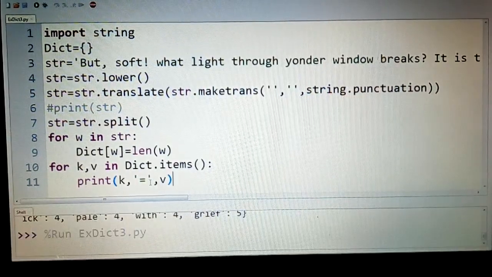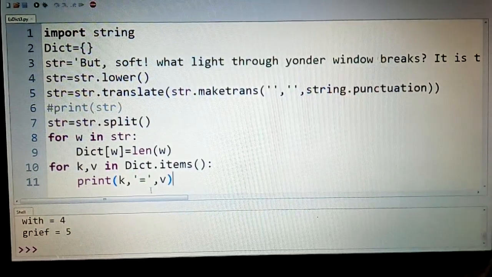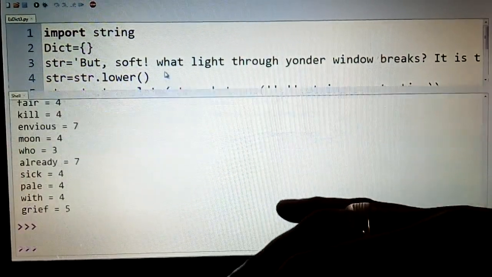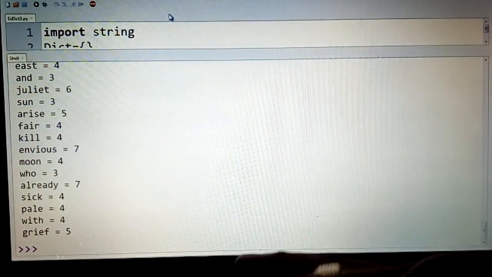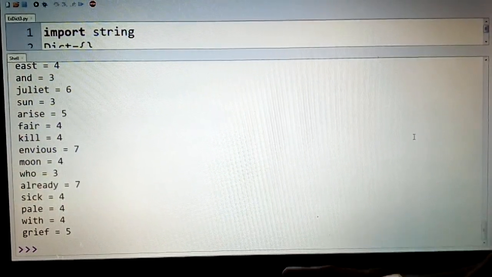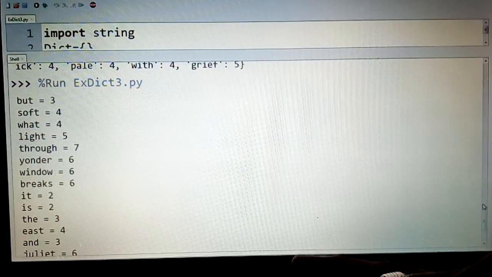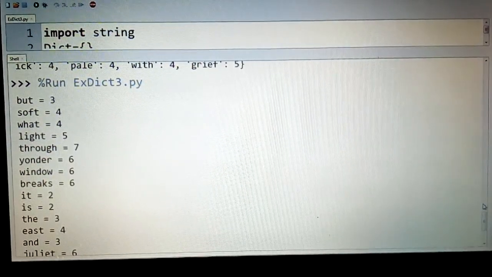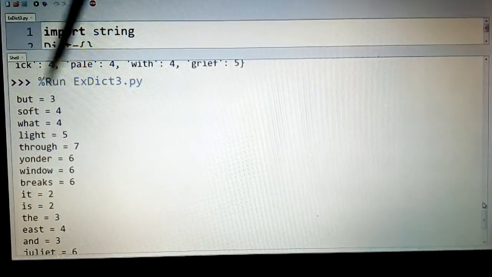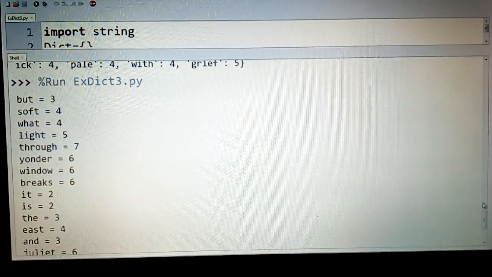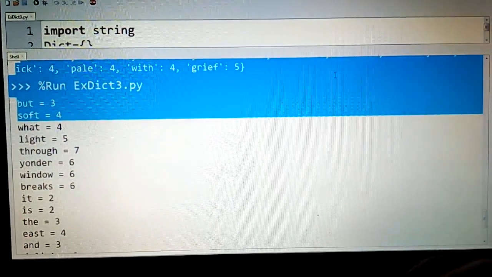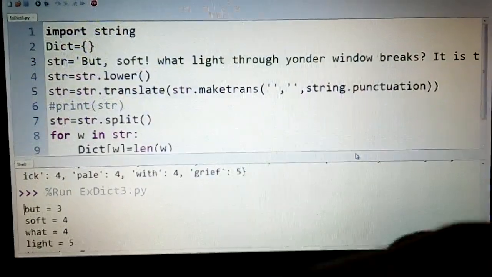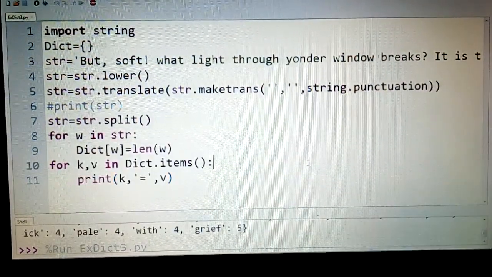So when I run this, what I see here is the same thing, of course, but here you can see the entire dictionary of words, wherein all the words have got added, right from the, which was the first word with the length of 3, and then you can work subsequently if you want to sort them by length and so on. So this is just an example which gives you a better understanding about how to process the string before adding it to the dictionary, so that you can do a better job or reduce the work there.